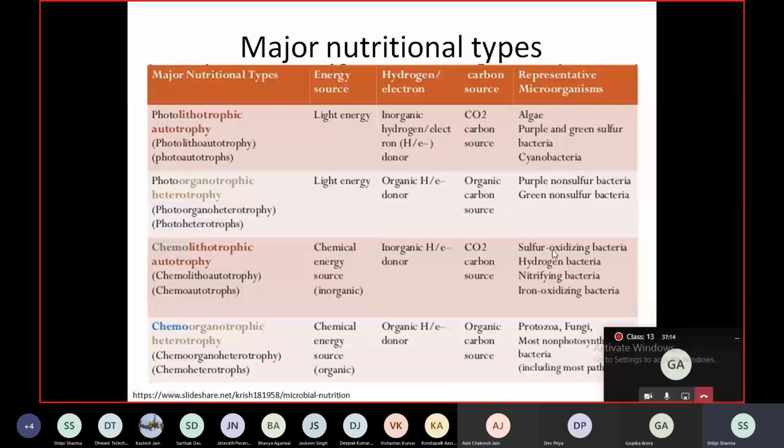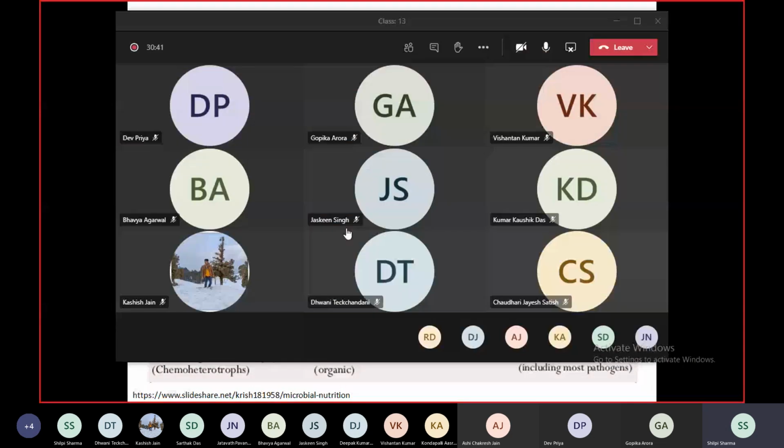But as and when we talk about different pathways in bacterial metabolism, I would like to connect you to what kind of